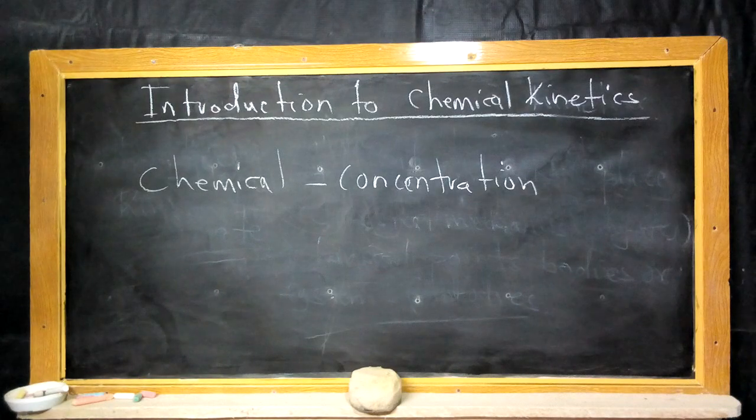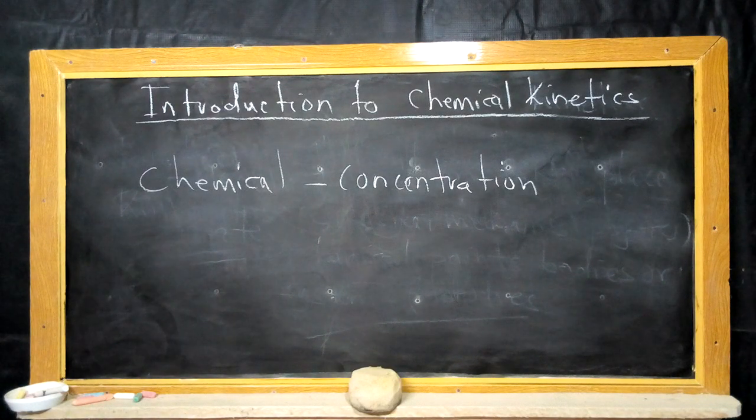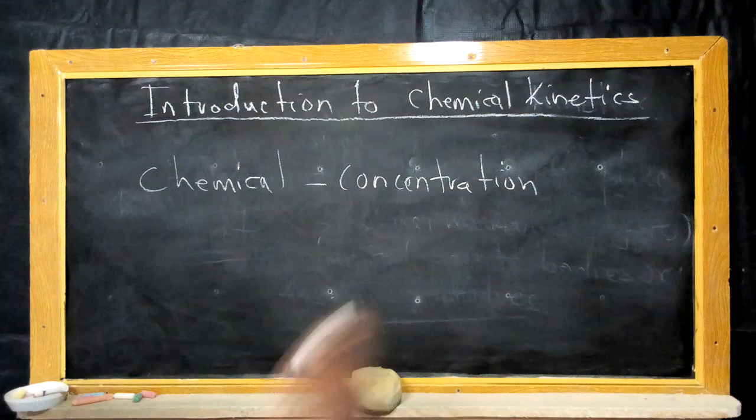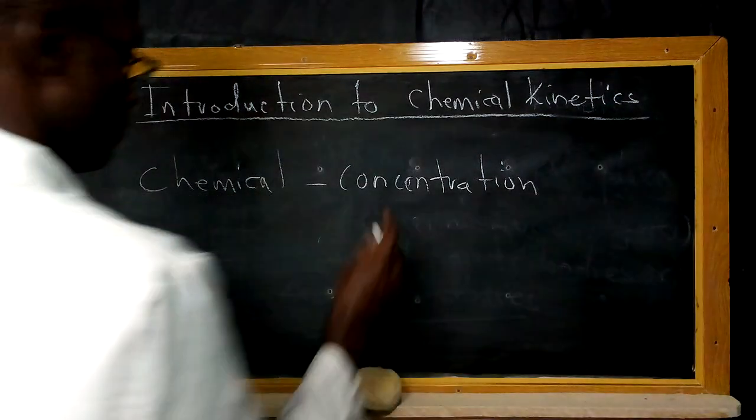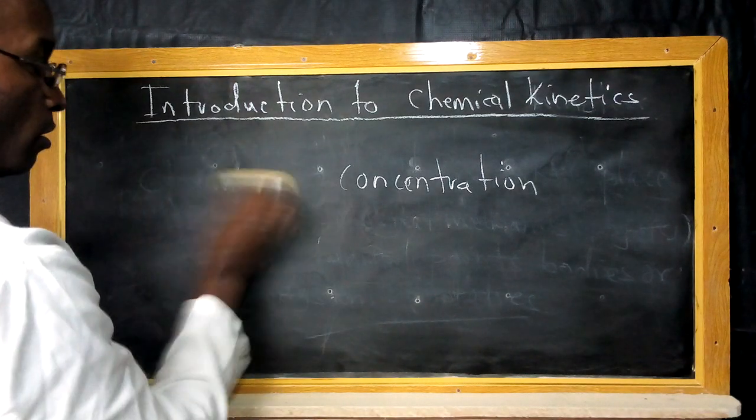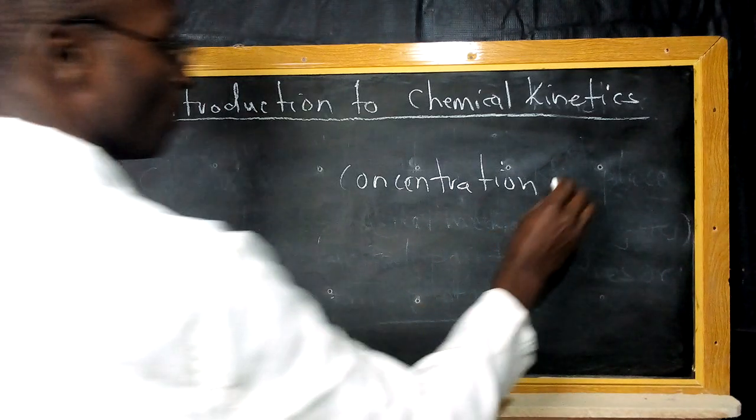So the concentration of a chemical determines whether it is going to be a stronger or a weaker one. That is in quotes. So we're going to find specific terms that we're going to use for that. Now in that case, when a reaction takes place, there are different aspects that we're going to look into. I've talked about concentration, and I've said this specifically is a ratio. So we can define concentration from this point as the ratio, or the